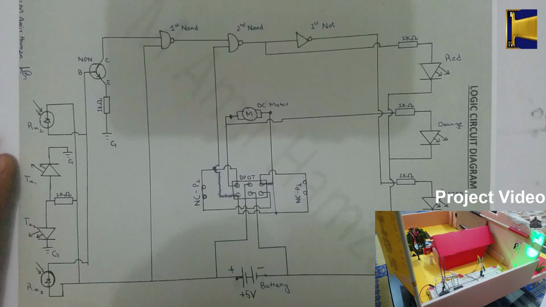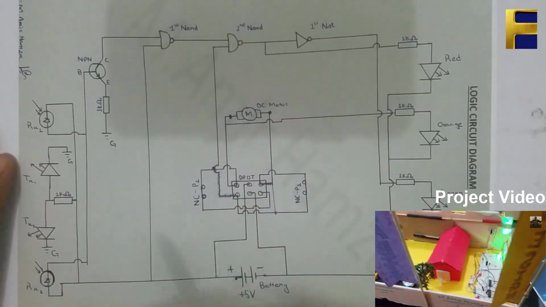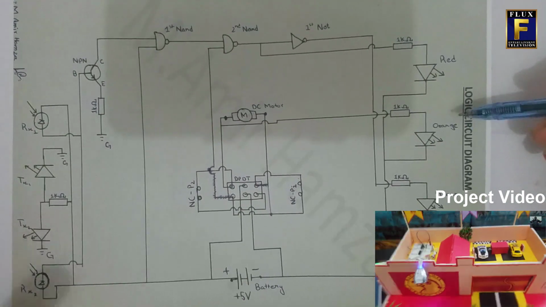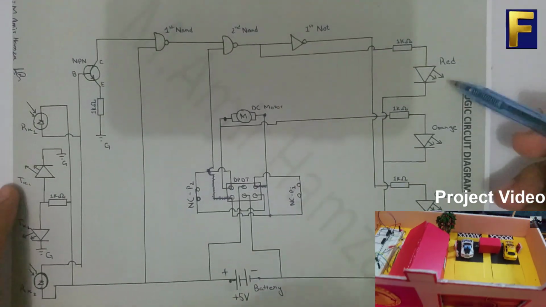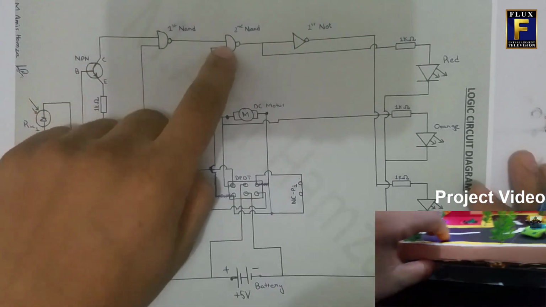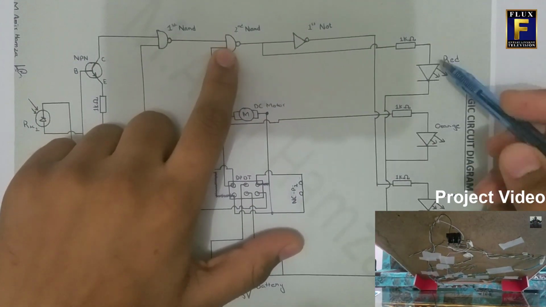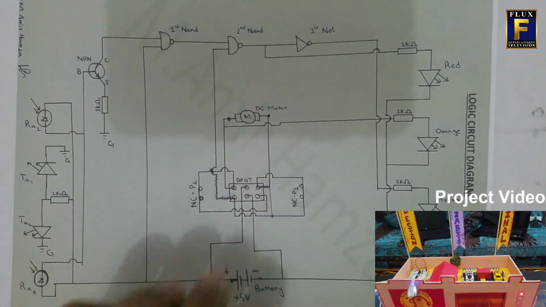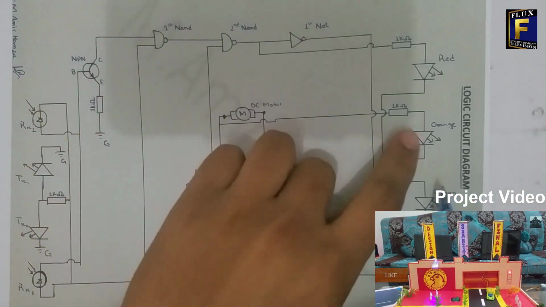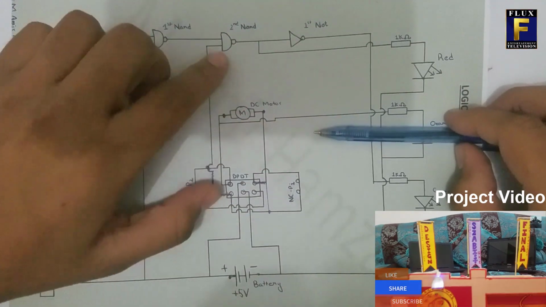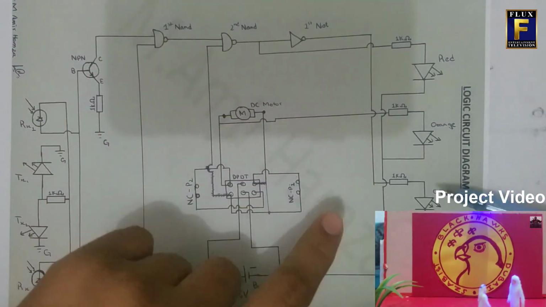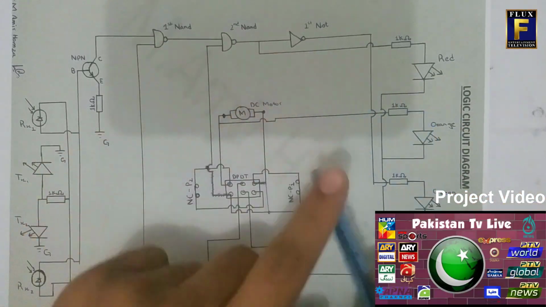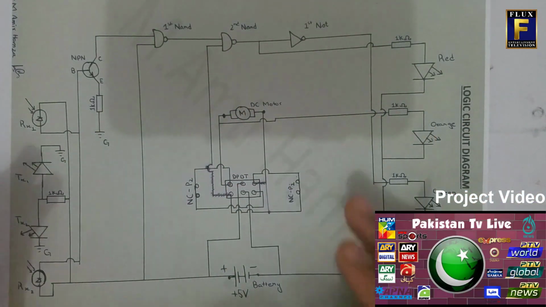Then the second NAND gate is used. The purpose of the second NAND gate is to operate the indication lights. All these lights operate on the basis of only the second NAND gate input. The orange light does not have any link with the second NAND gate. Only the red and the green light depend on the output of the second NAND gate, and the purpose of the NOT gate is to turn the green light on and off. And then we are going to discuss it